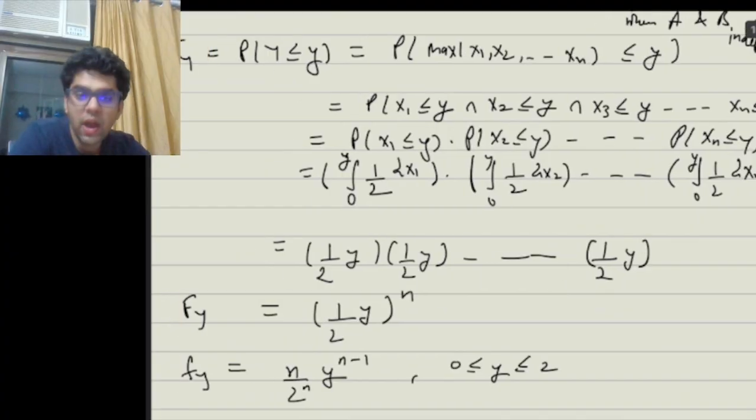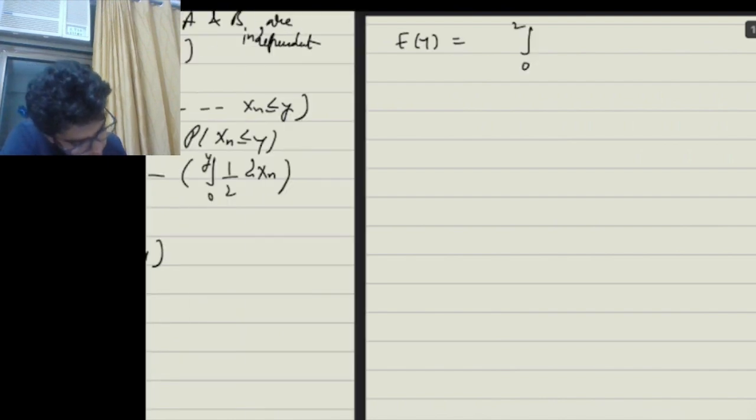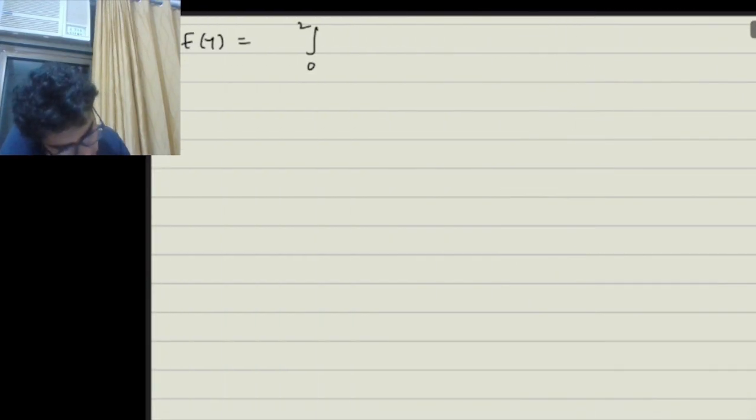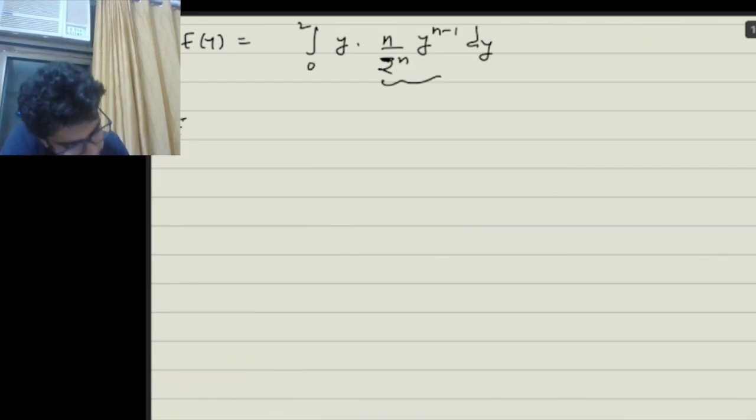Now we have the PDF. Now we need to find the expected value. So finding the expected value of y would be the integral from 0 to 2 of y into n upon 2 to the power n, y to the power n minus 1 dy, right? Because this was the PDF. So expected value of y turns out to be equal to